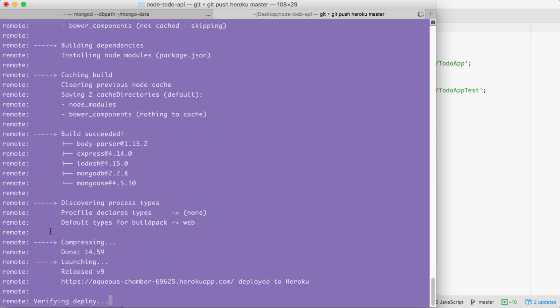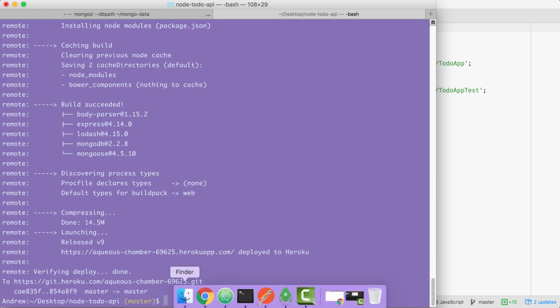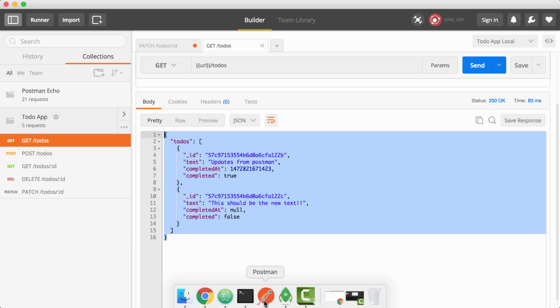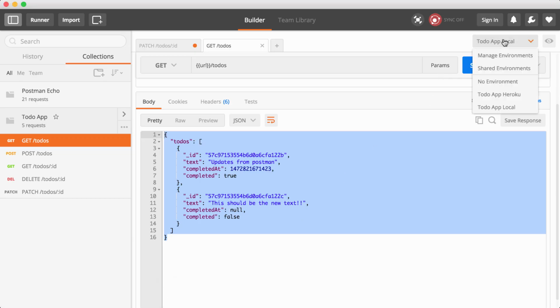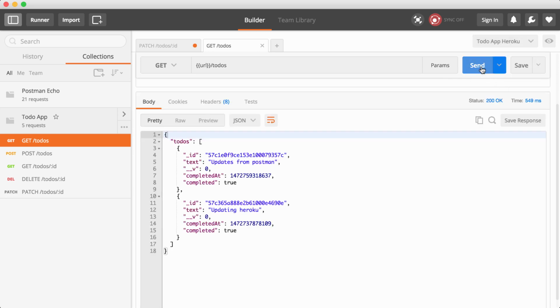We're compressing the app and launching it now. It looks like everything is good to go. Over inside of Postman, I'm going to switch environments from to-do app local to to-do app Heroku, and we can fire off this request. Now, right here, we get our two to-do items coming from the real database,